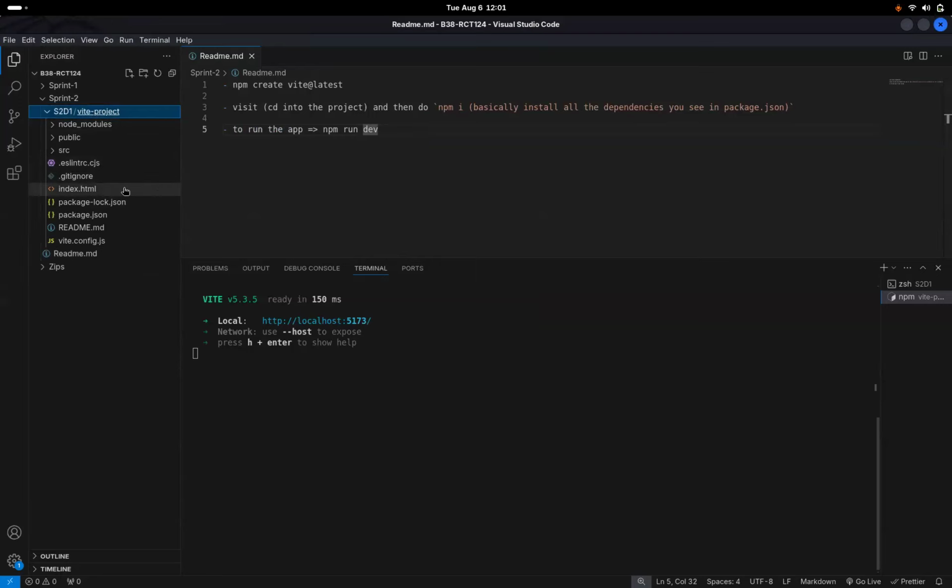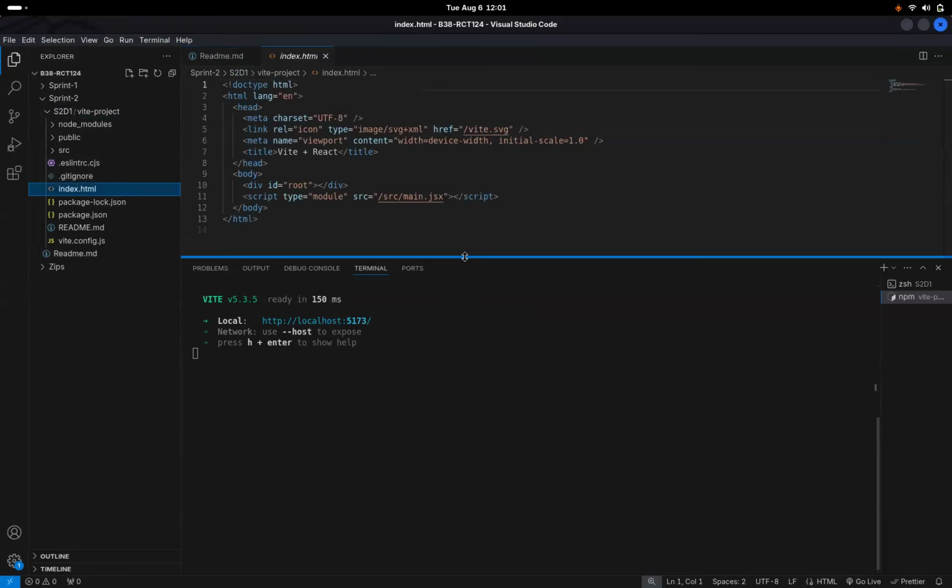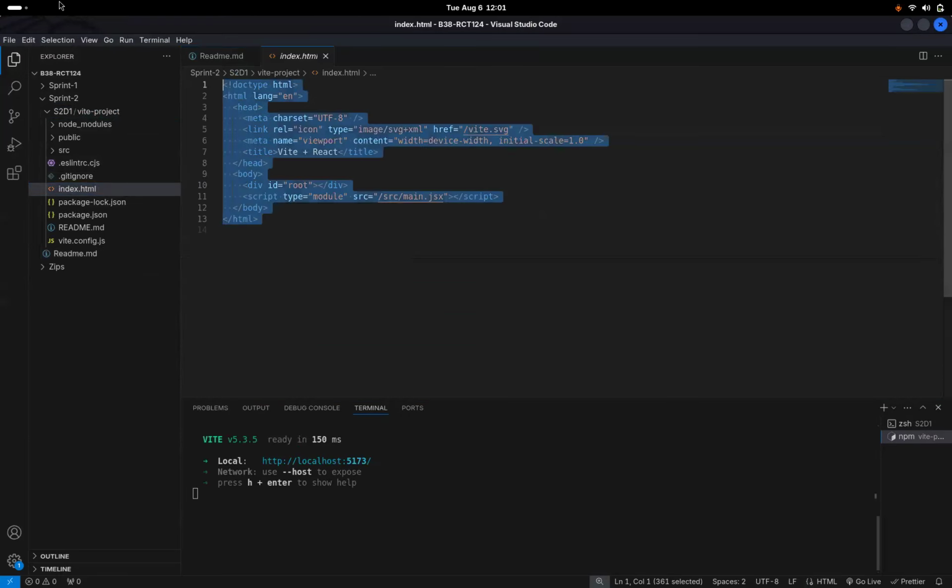You see over here, index.html. I'll open it. Does it look familiar? Looks familiar. Why? Is there one thing that we're usually doing? It's done by default over here also. What is that? The root div that is being created, and you'll see that there's this src also. And this src basically says that we are accepting things from main.jsx. So let's go and check this main.jsx.